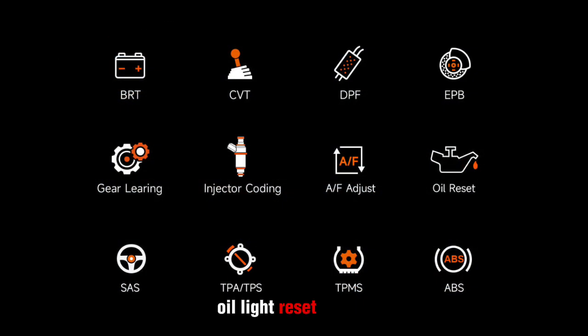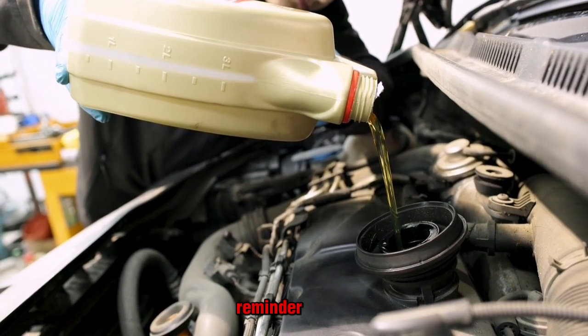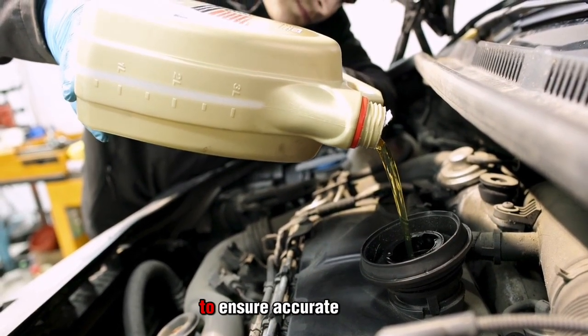Oil light reset, ABS bleeding, battery matching, DPF regeneration, SAS calibration, injector coating, EPB reset, throttle position sensor (TPS) reset, airbag ECU module replacement, seat calibration, AF ratio reset, language setting, TPMS reset, EGR adaptation, headlamp calibration, instrument cluster, and window door function tests. After replacing the engine oil, reset the oil life reminder, oil service light, to ensure accurate